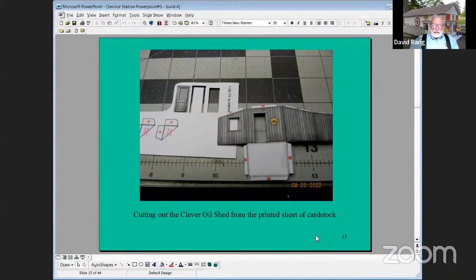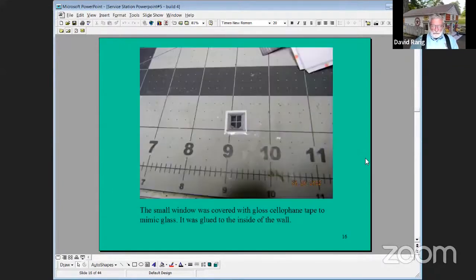This is the Clever oil shed. Cut out the drawing from the print. Cut out the window and door openings, as I could have done in previous models. Here's a new trick I wanted to show. Instead of going to the trouble of using the